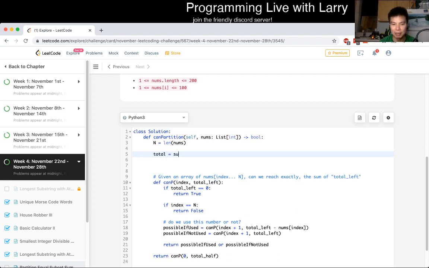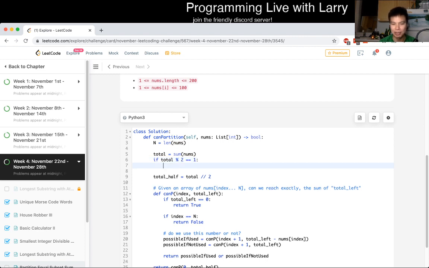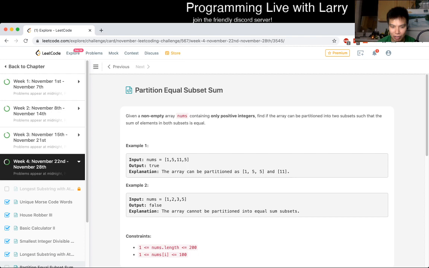Total is equal to the sum of the nums. That's just the total of the array, which we talked about, and total half is equal to total divided by 2. Of course it has to be even, right? So if total mod 2 is equal to 1, that means it's an odd number. We could return false. Otherwise we do this thing, and this should be good enough. Other than that, it may be too slow, but let's run it for small test cases to see it's right, and then